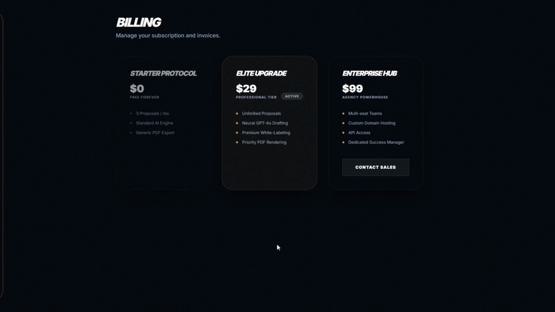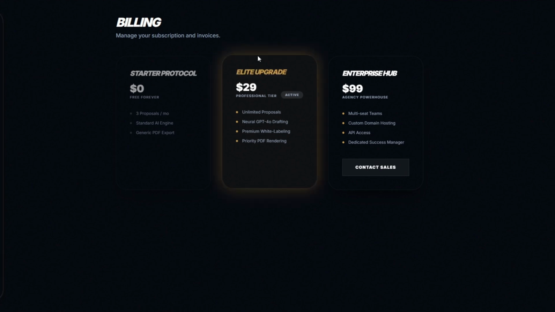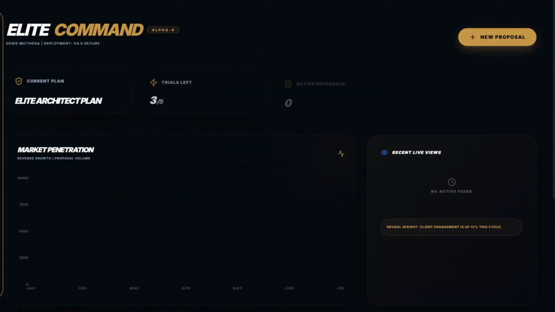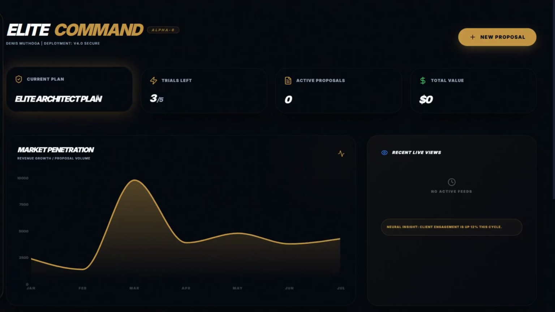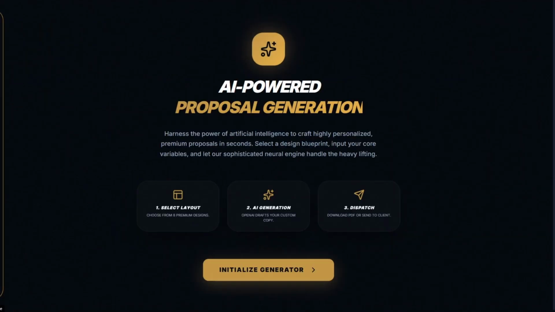Now, here you can see we successfully upgraded to our Pro plan, which was $29 over here, and the status is active. Same when we go to the dashboard, you can see our current plan was changed to this one right here, the Elite Architect plan. This is incredible. Now, if we try to generate a proposal, we're going to click on the generate a proposal